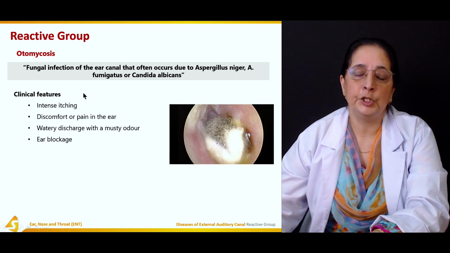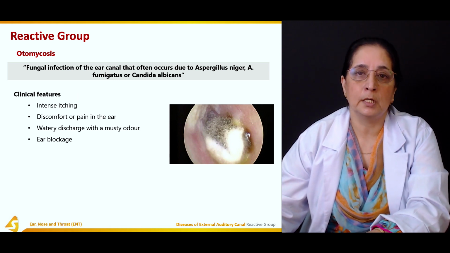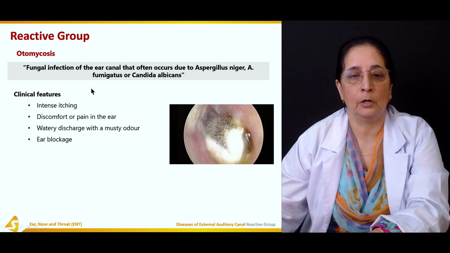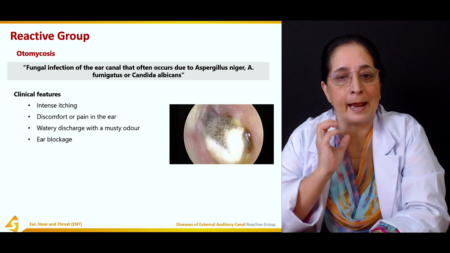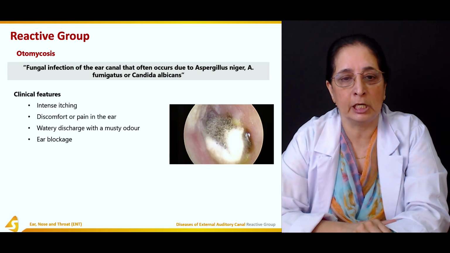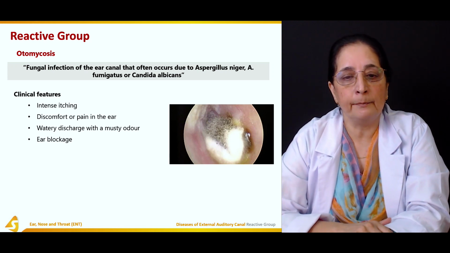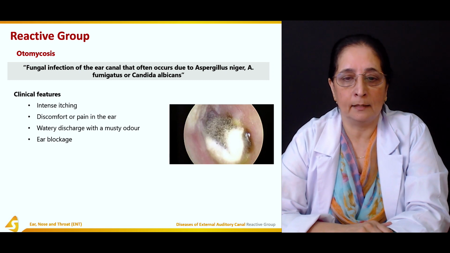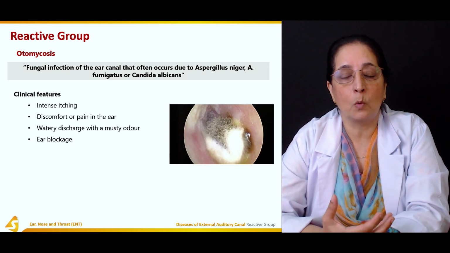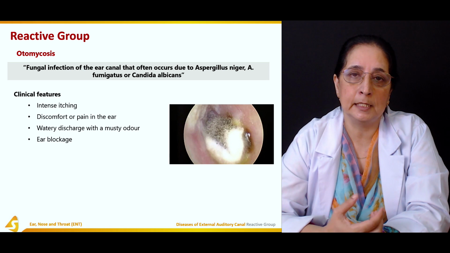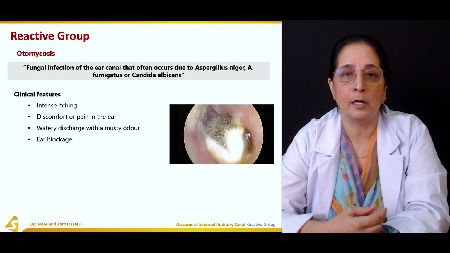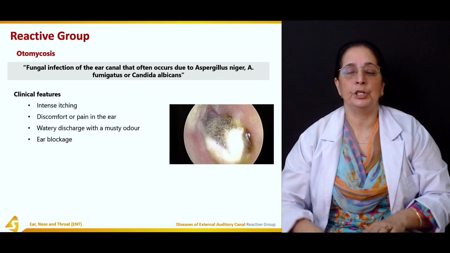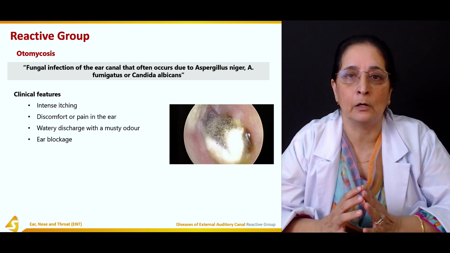The clinical features of otomycosis: the patient presents with very bad, intense itching, there is discomfort or pain in the ear, and also there is watery discharge. There is discharge from the ear along with a musty odor, and the patient also complains of heaviness or blockage